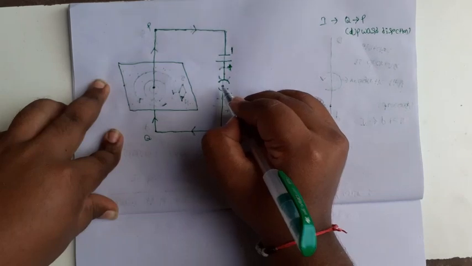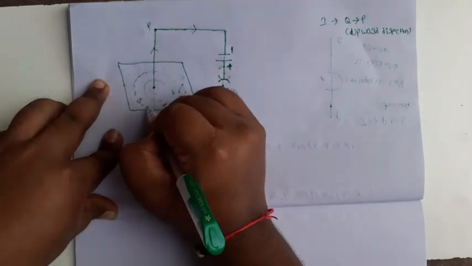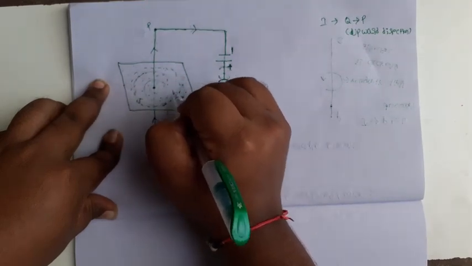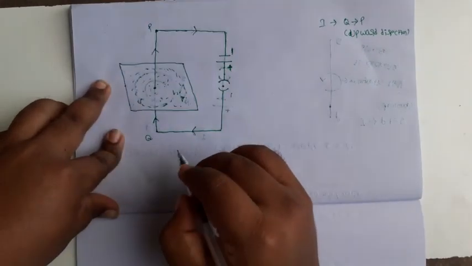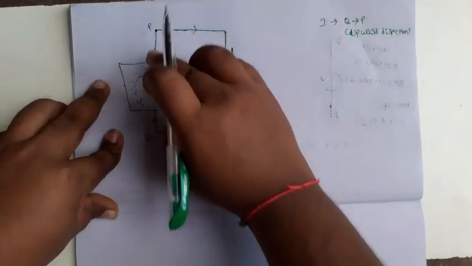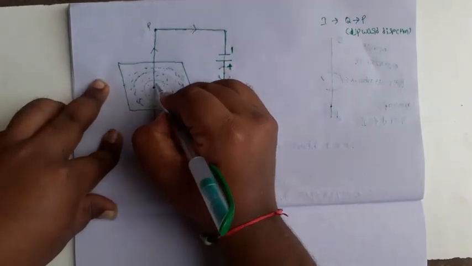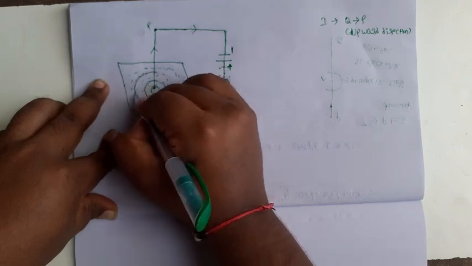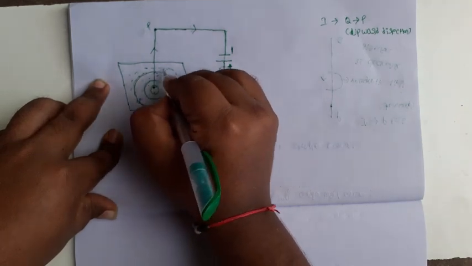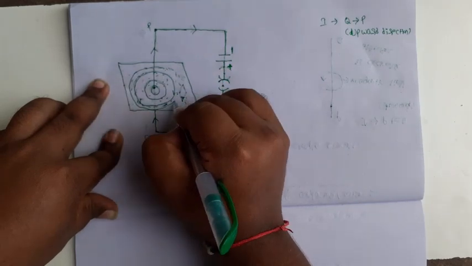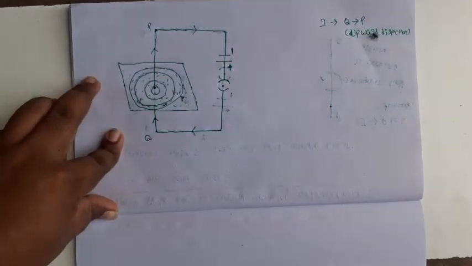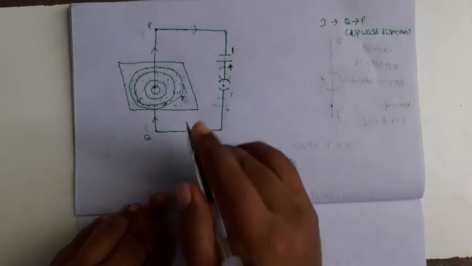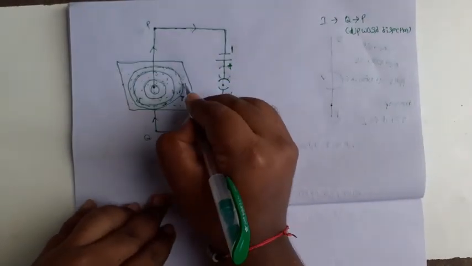So close the circuit. On the cardboard, spread some iron powder. When current flows in the wire PQ, it produces magnetic field lines. These magnetic field lines are concentric lines. Okay. Now what about the direction? How to find the magnetic field direction? With the help of a compass needle.